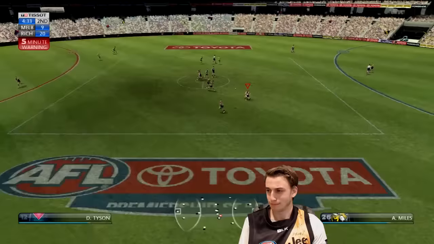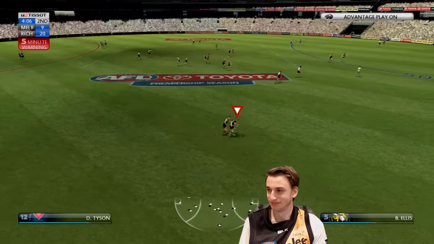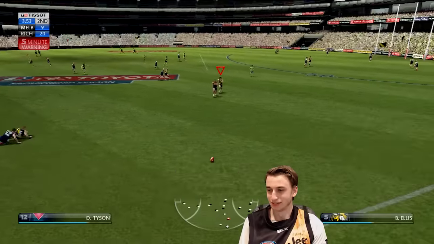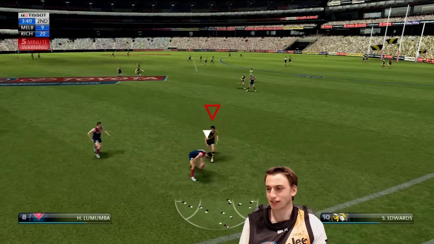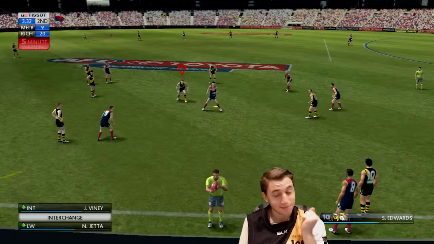And let's beat this Melbourne team, because Melbourne are annoying. Oh, that paid advantage. Actually, no, I'll take that back. Melbourne aren't annoying. They just beat us. Hence, they are annoying to me.